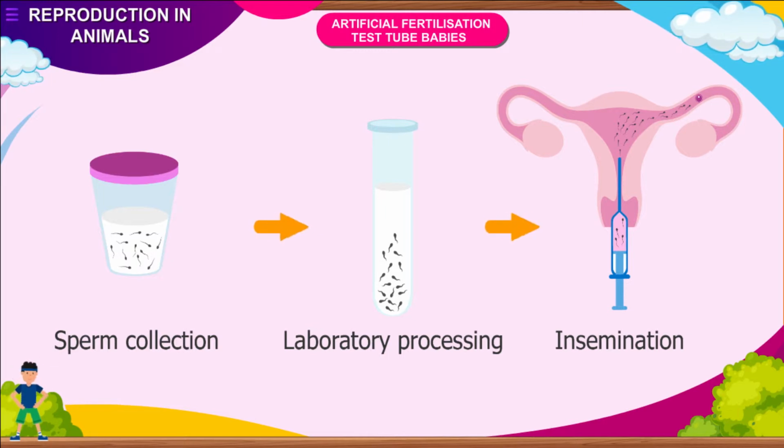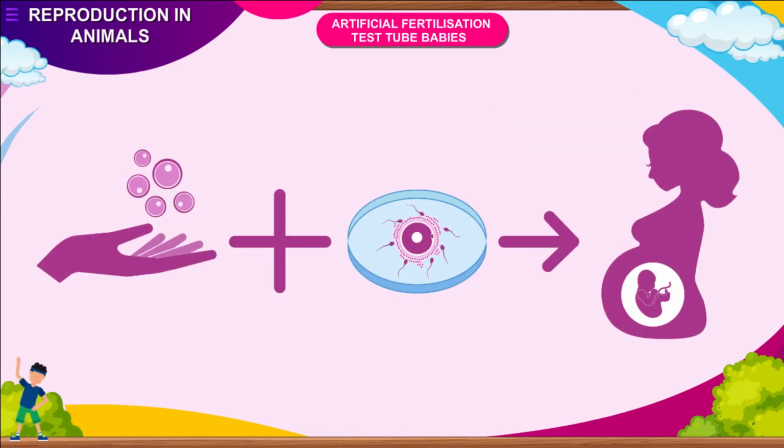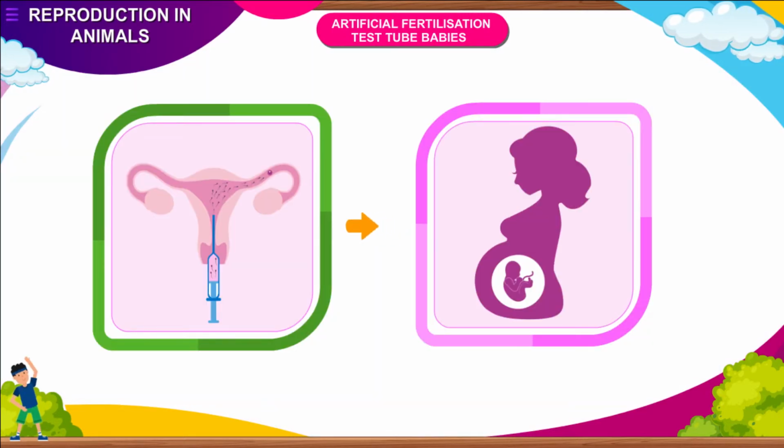In this technique, the doctor collects the released eggs and sperms and fuses them together in vitro. Here, the fertilization occurs outside the body of the female. In case the fertilization occurs, the zygote is allowed to develop for about a week. The zygote is then placed in the uterus of the mother. The embryo gets implanted and develops into a baby in about 9 months.